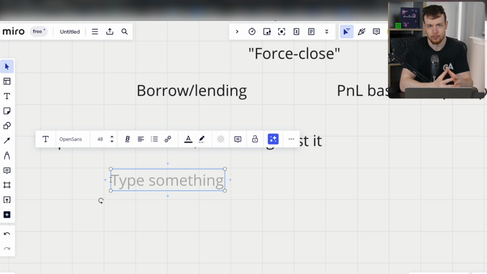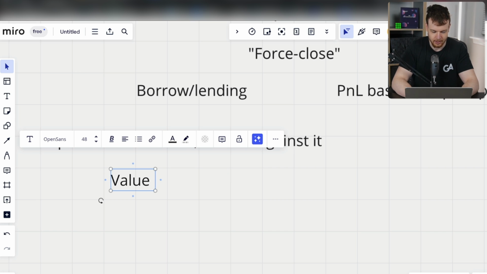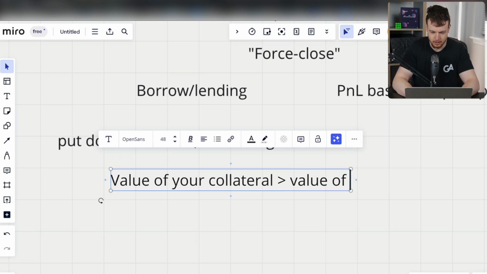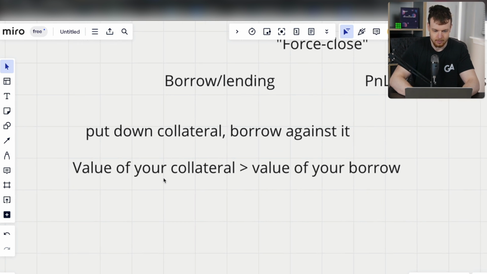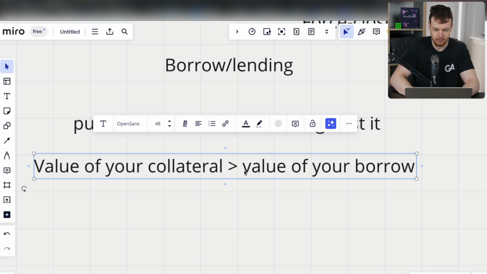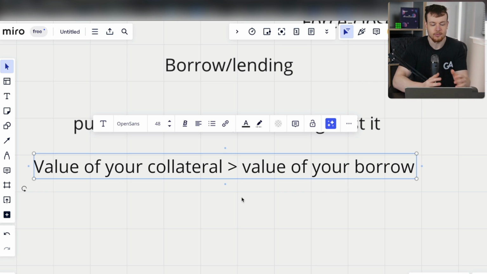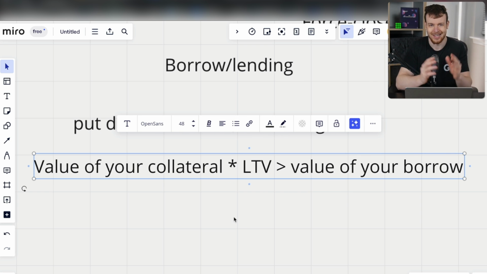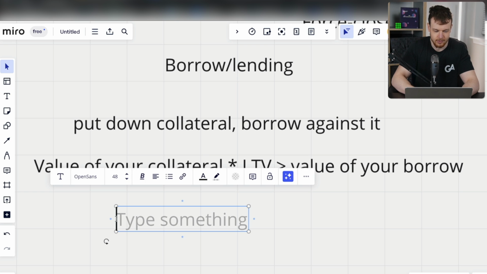We have to force close your position if the value of your collateral is no longer sufficient to support the value that you borrowed. So here we are comparing the value of your collateral with the value of your borrow. And what borrow lending protocols will do is they will not just simply define that the value of your collateral has to be greater than the value of your borrow. We'll define the value of your collateral times some LTV ratio, which is less than 1. So we might have an LTV ratio